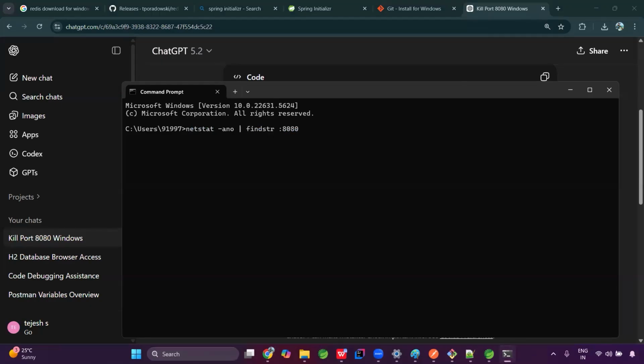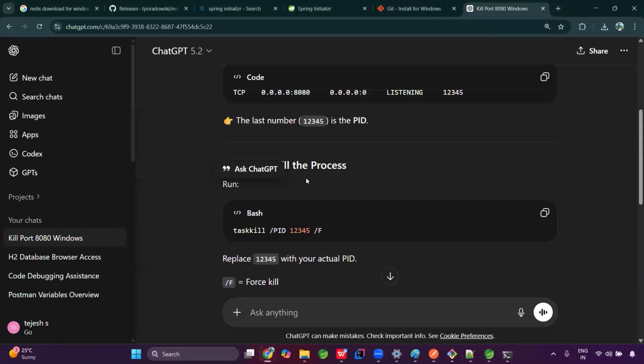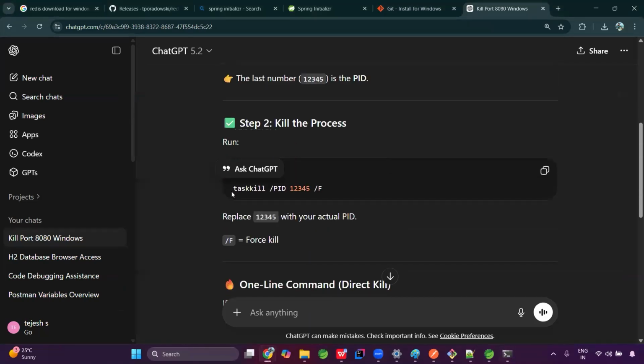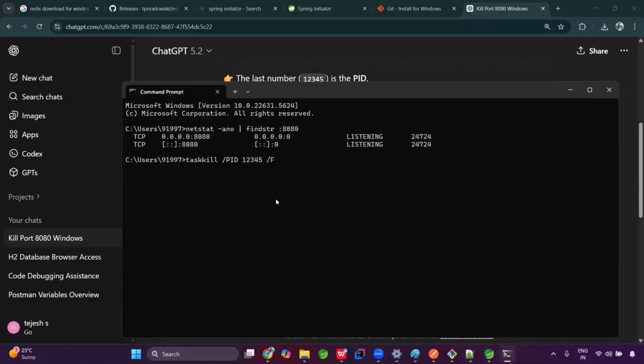So I will use this command and click enter. Now it is running in the port, some address 24724 is there, right? So to kill the port, this is the one. So I will copy this and let me paste it here. What is our address? 24724. Okay. Let me kill the port